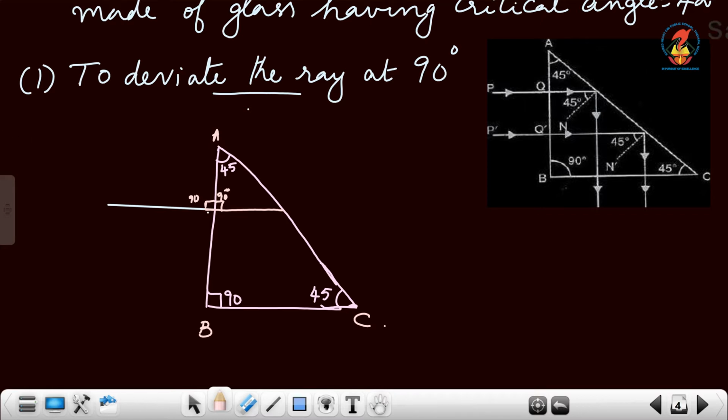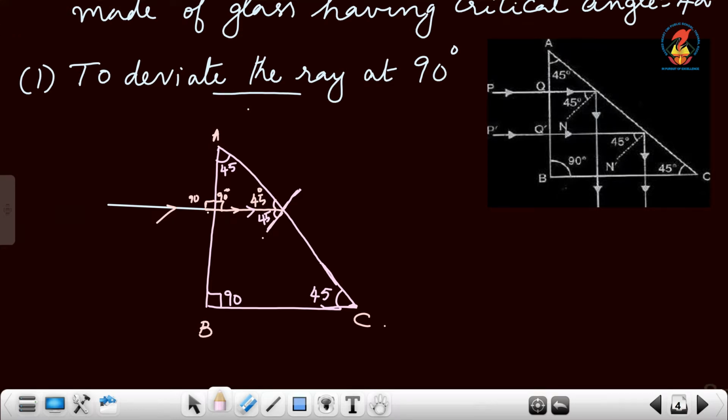So this 90, this 45 means this angle will be 45 degrees. Now, let us see what is the angle of incidence for the face AC of the ray. For that, what must we do? This is the surface, draw a normal. So we draw a normal at that particular point, and this is 90 degrees. So this is 45, which means this is also 45. So the angle between the incident ray and the normal is 45.